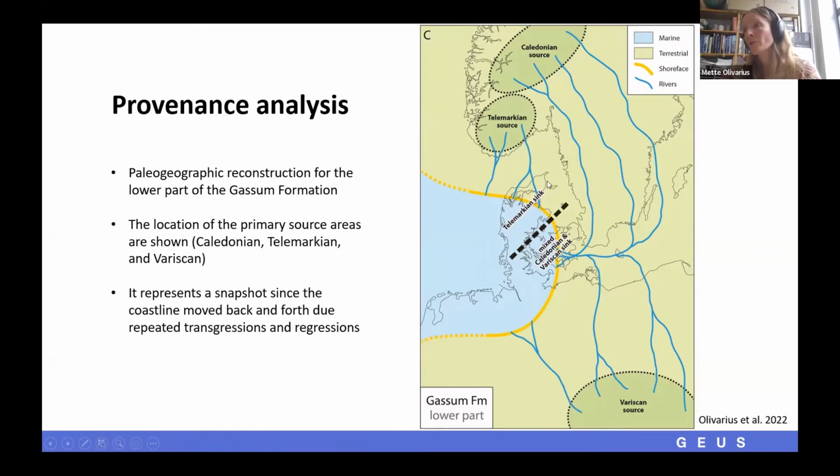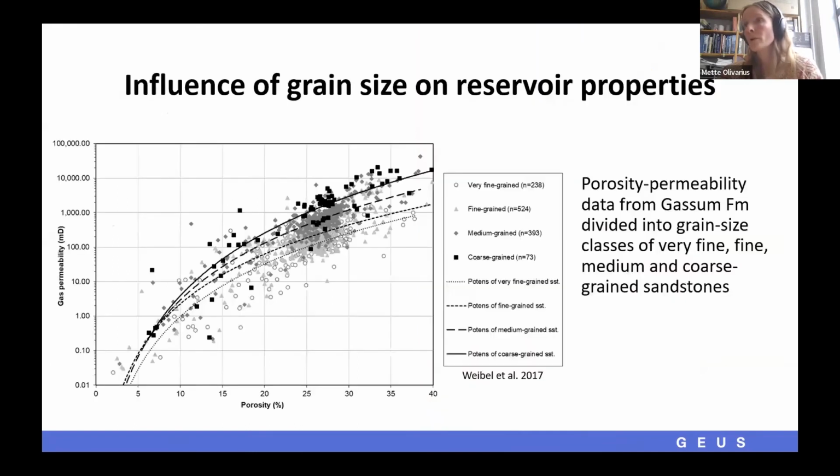So this feldspar-rich sandstone comes from a local source where it has not had much time to become mature, whereas the quartz-rich sandstones down here have been supplied from a combination of this further northern source in the Norwegian mountains, and also from the Variscan source here in Central Europe, which has mixed and produced this very quartz-rich sediment. And for such a sediment, it's really important to be able to quantify the amount of quartz overgrowth that will form during burial.